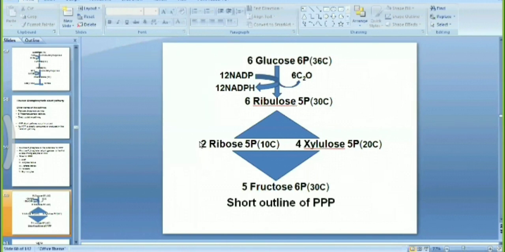This is the pentose sugar which is required for synthesis of nucleotide, synthesis of nucleoside and nucleic acid. This is the sugar base of nucleic acids. Nucleic acid has sugar base, then sugar,